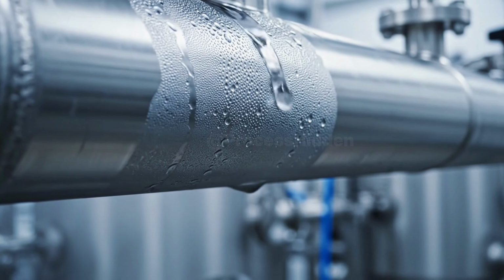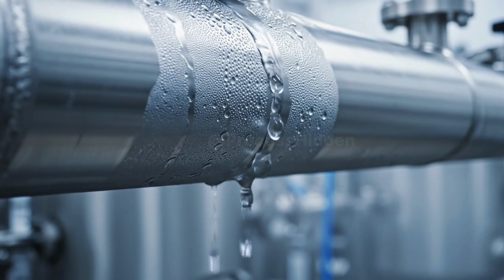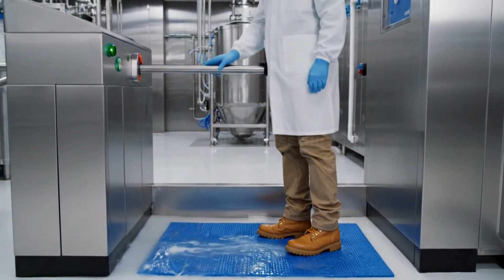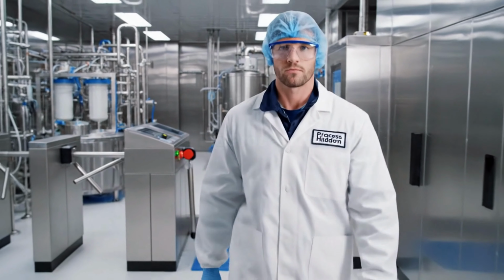The cooling section ensures the product reaches the ideal temperature, crucial for preserving the natural flavor and extending shelf life. This is the final barrier before the clean room. We use a powerful disinfectant foot bath and a sterile turnstile to ensure